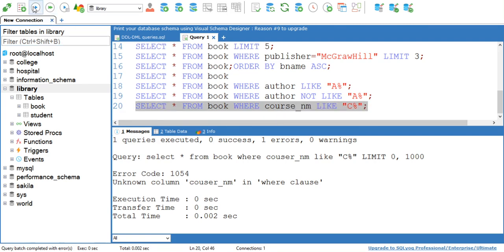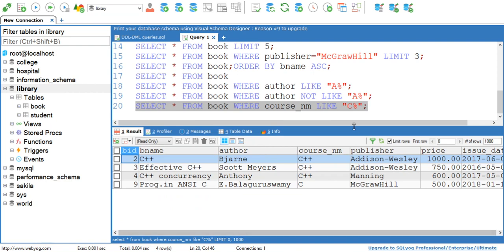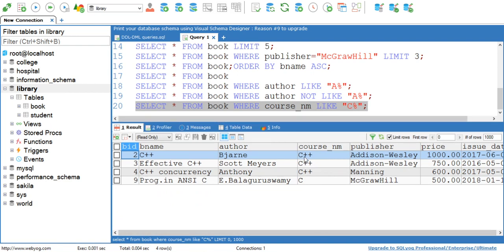Okay, see here. Now at the output you can verify it has given you the record of all the books where the course name starts with C: C++, C++ and C. Okay, so this is how percentage can be used.